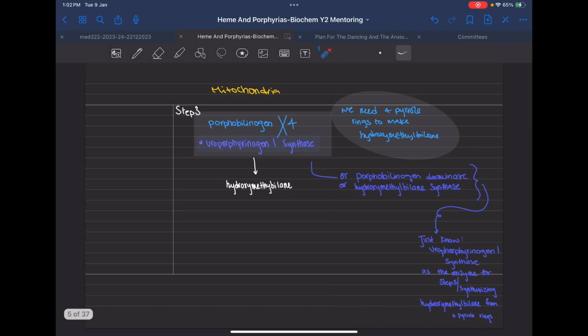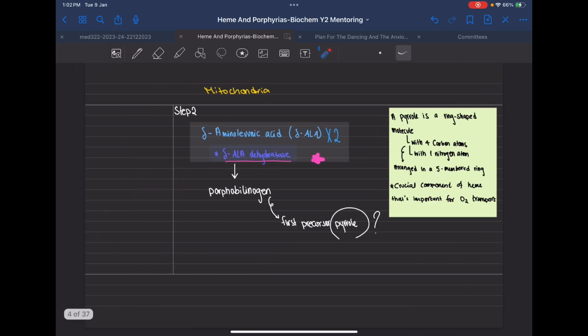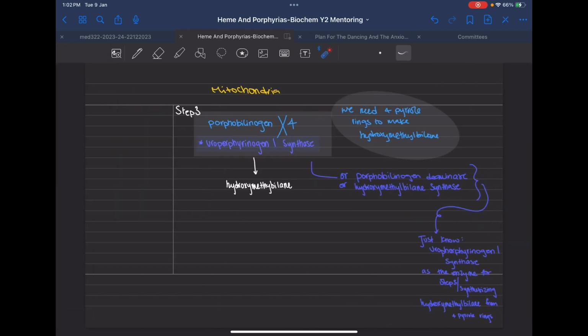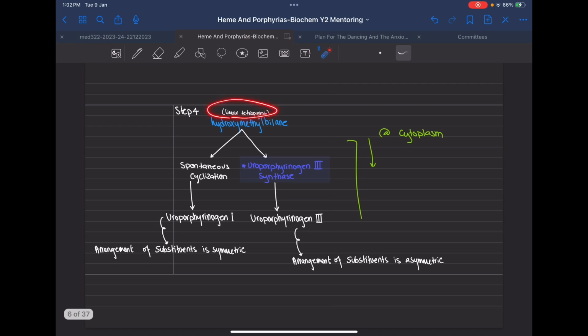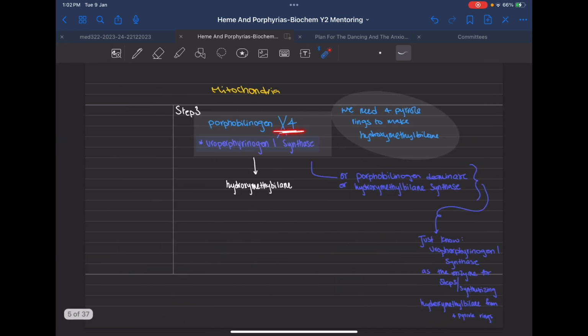Okay, moving on to the third step. We're still in the mitochondria, meaning our uroporphyrinogen 1 synthase enzyme is a mitochondrial enzyme. So we've got our porphobilinogen. We've got 4 of them. So we need 4 of them in the presence of this enzyme to make hydroxymethylbilane. Again, hydroxymethylbilane is a linear tetrapyrrole, meaning we've got 4 pyrroles and its structure is